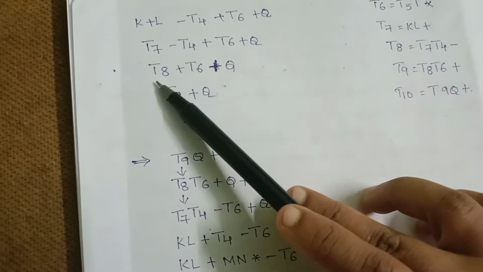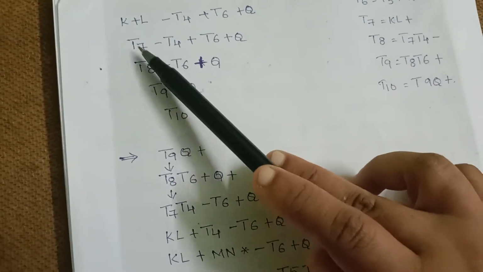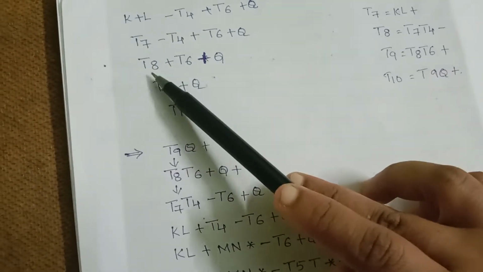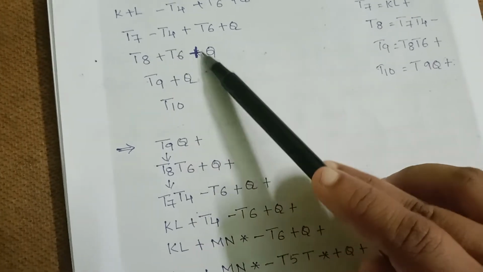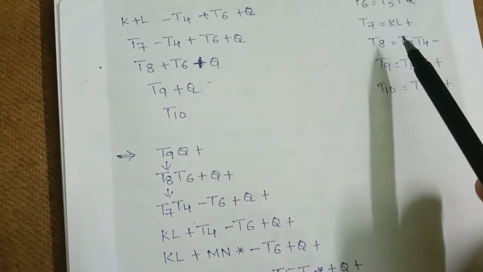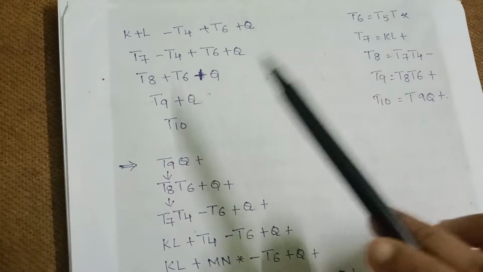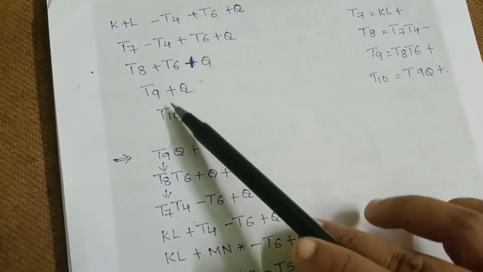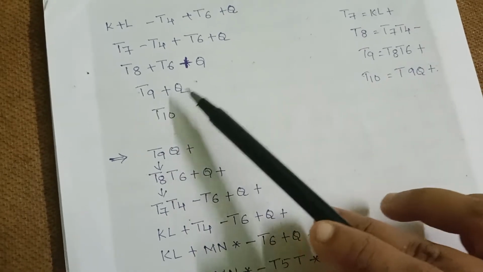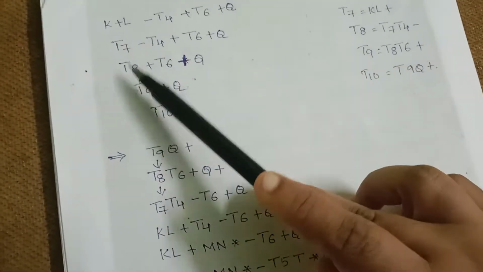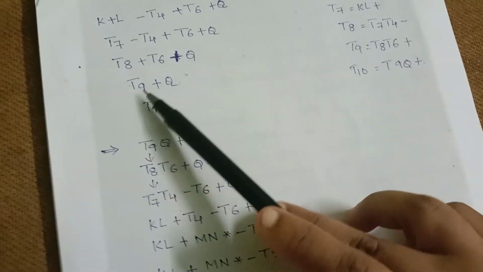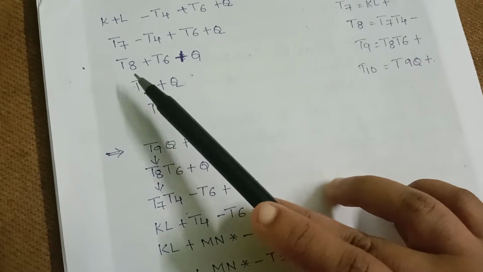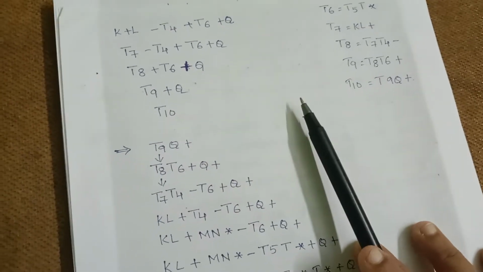And next, t7 minus t4, this we are assuming as temporary value t8 plus t6 plus q. So t8 is nothing but t7 t4 minus. And t8 plus t6, this we are assuming as temporary value of t9 plus q. So t9 is nothing but t8 t6 plus. And this whole we are assigning for the temporary value of t10. So t10 is equal to t9 q plus. So now